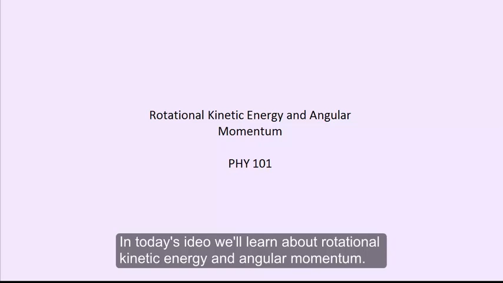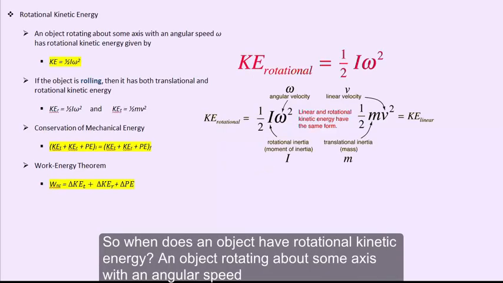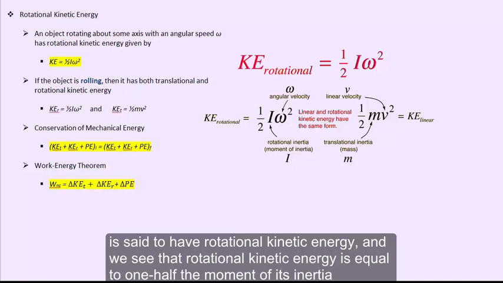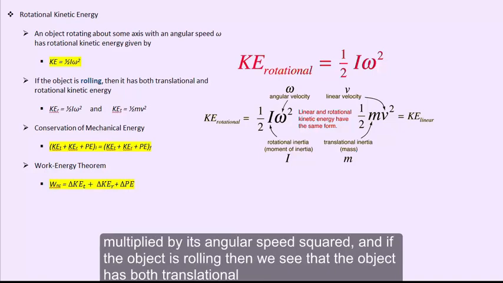In today's video, we will learn about rotational kinetic energy and angular momentum. So when does an object have rotational kinetic energy? An object rotating about some axis with an angular speed is said to have rotational kinetic energy. And we see that rotational kinetic energy is equal to 1/2 the moment of inertia multiplied by its angular